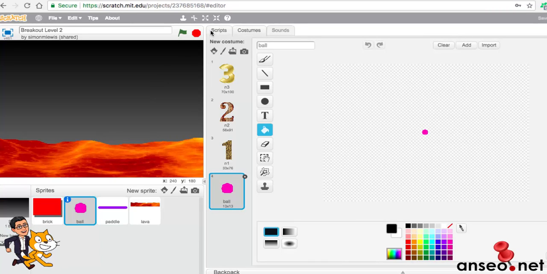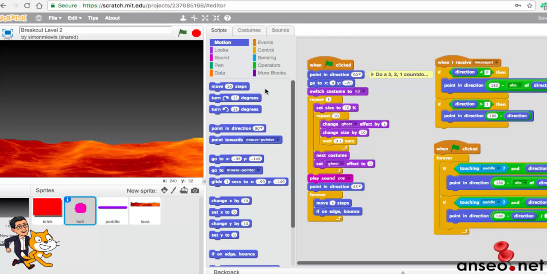If we go to the ball, what I've done is I've added a countdown for the game to start. The reason I did that was because when we were playing it the last time, the ball moved straight away, and I wanted to delay it from moving until the bricks are all covered. So I've done a 3, 2, 1 countdown before the ball appears. So there are the 4 costumes. Here's the coding for our 3, 2, 1 countdown. Whenever we click the button,